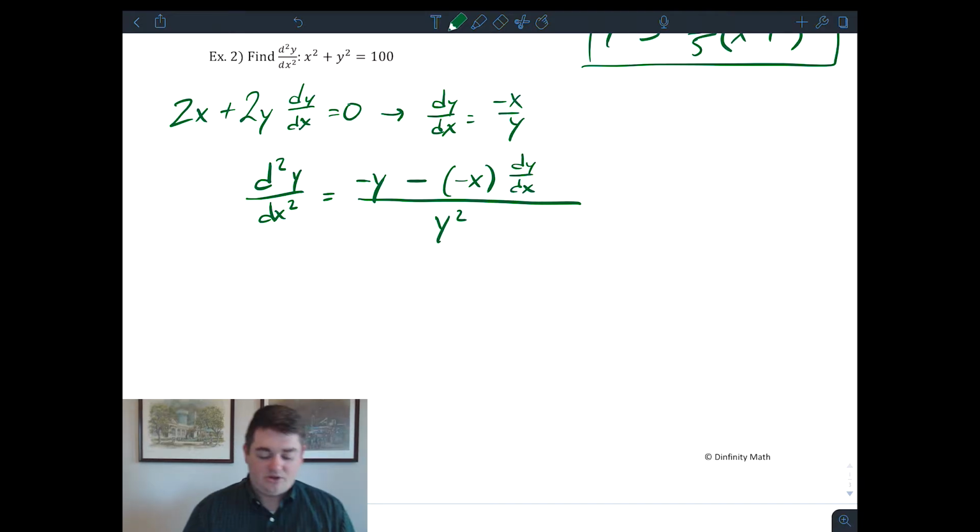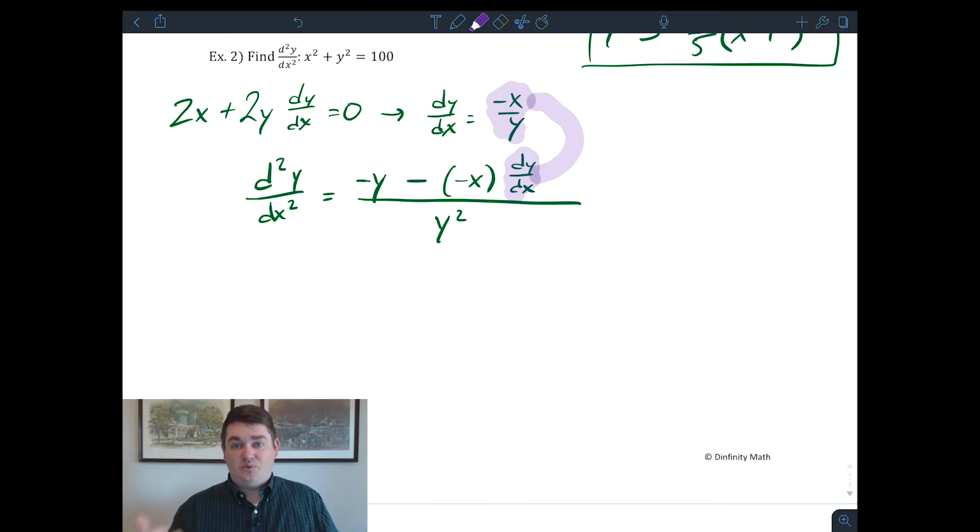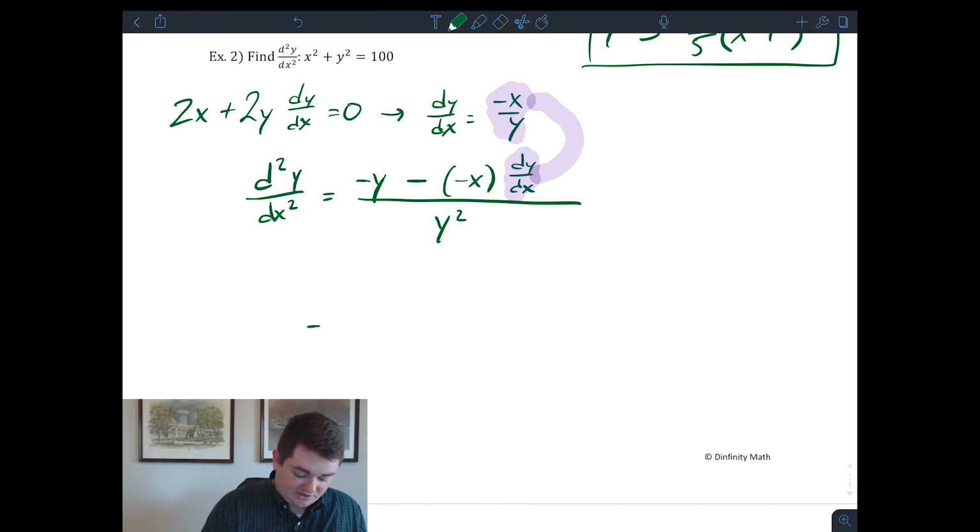over y squared. And you might be tempted to box and run right here, but we're not quite ready for that, because I already have an expression for dy/dx. I know dy/dx equals -x over y. So when you take a second derivative implicitly, you're usually going to have this step where you need to substitute dy/dx back in. I'm going to substitute -x over y in where it says dy/dx. So this gives me -y plus x times negative x over